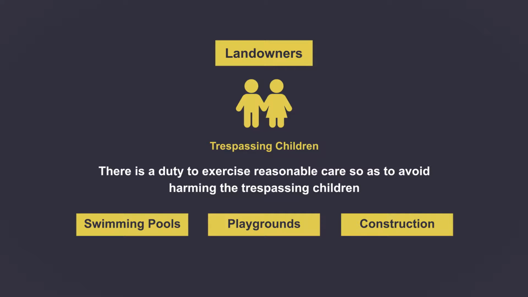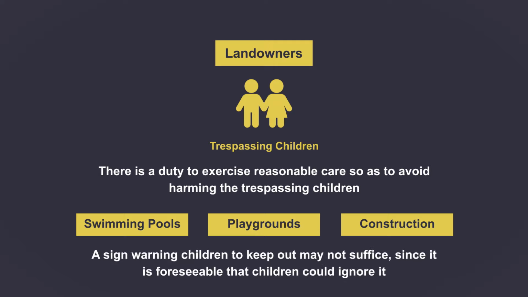Therefore, the landowner would have a responsibility to place a fence around a swimming pool, for example, that would keep children out. A sign warning the children to keep out may not suffice, since it's foreseeable that some children could